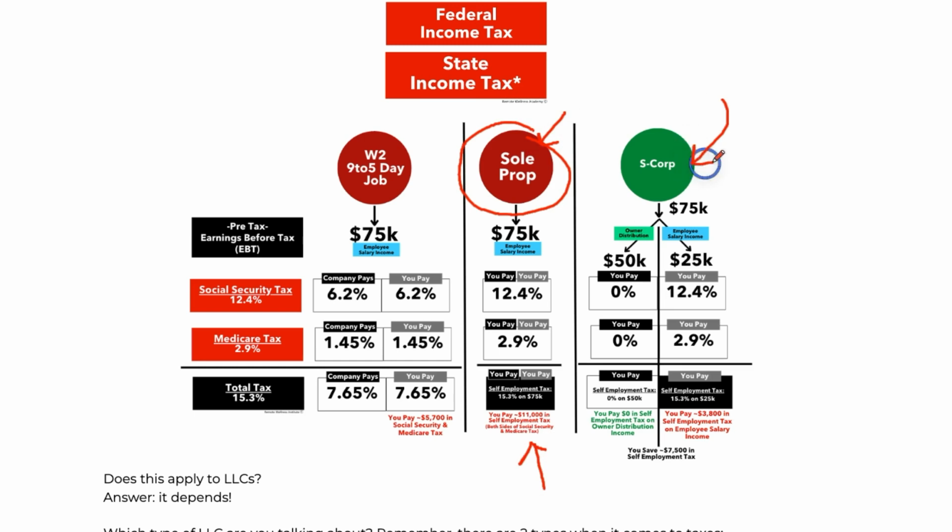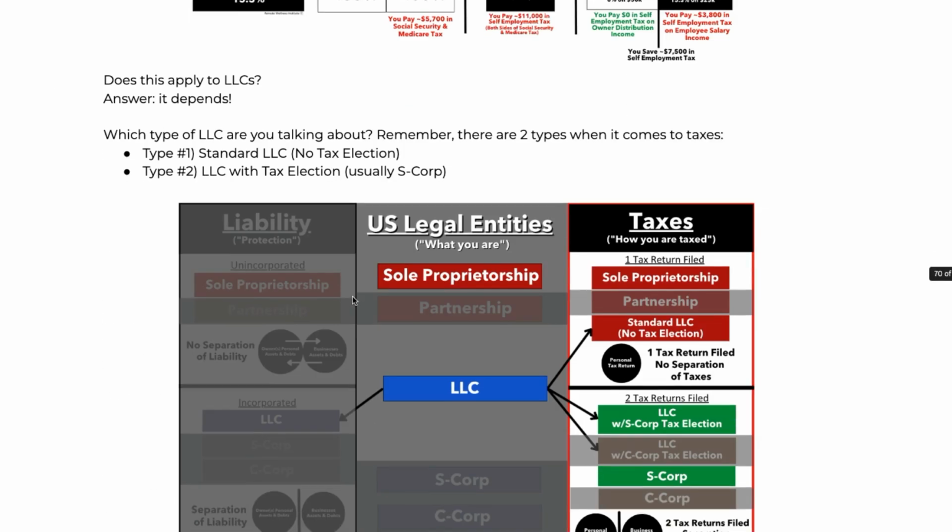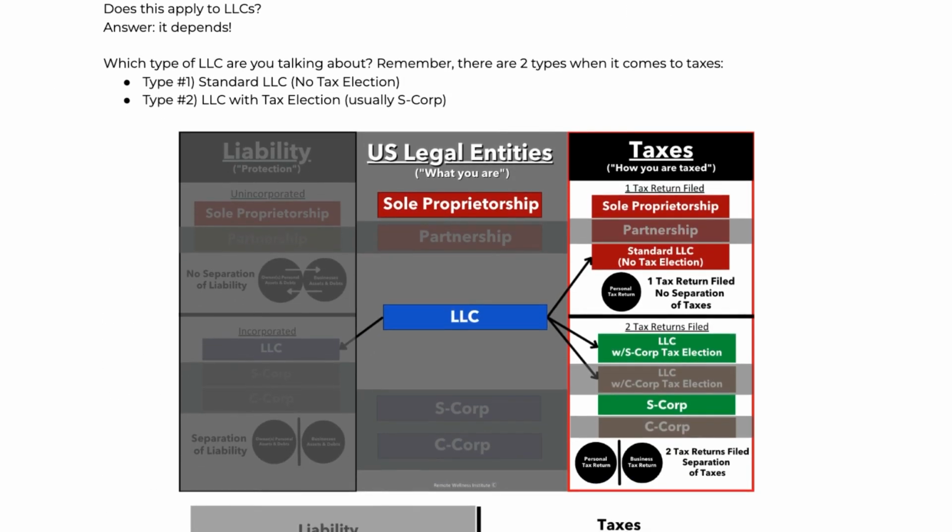But that is where when you become an S Corp or any other type of corporation, you actually save on self-employment tax. Now, here's the thing. We said any other type of corporation. That is not actually a true statement. Why? Because when it comes to LLCs, it depends. Depends on what your tax selection filing is, okay? Remember we said there's two types. If you have a standard LLC, there is no savings when it comes to Social Security and Medicare tax because you are being taxed the same way as a sole prop, okay?